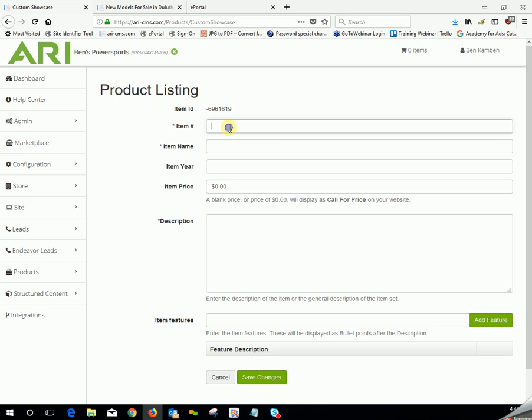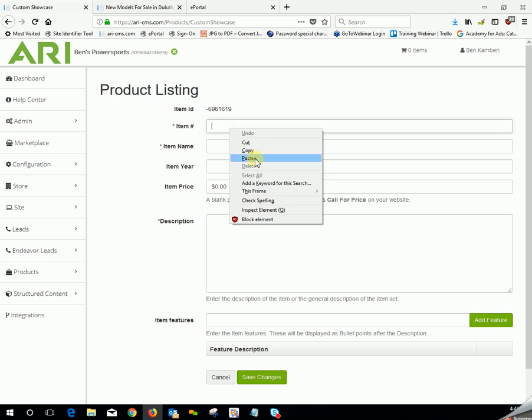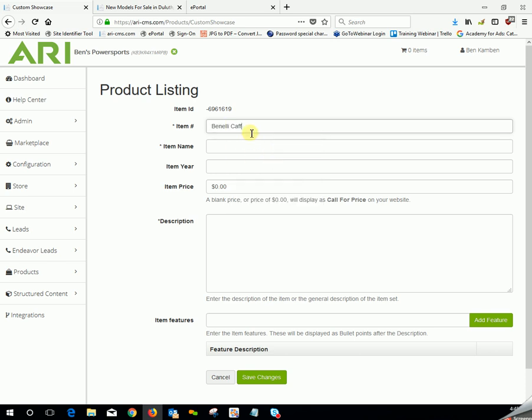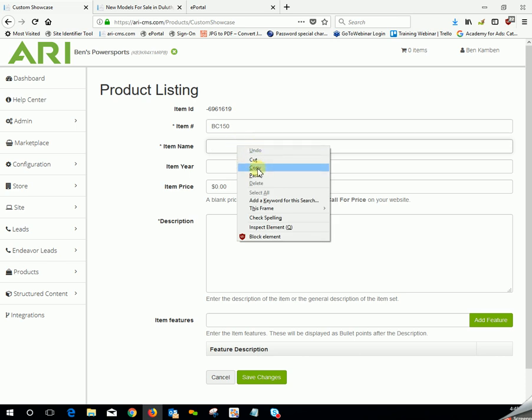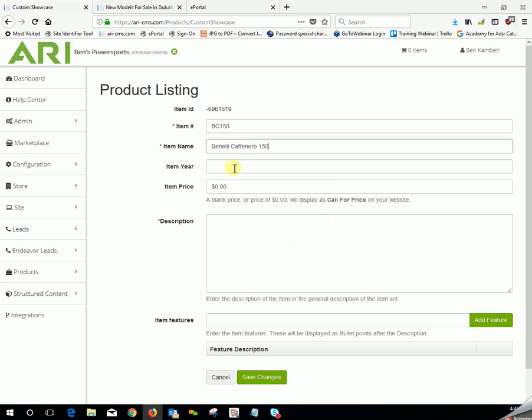Since I don't have a manufacturer's number for today, I'm going to type in Benelli, B for Benelli, C for Caferno, and 150 to make it my own. Item name, this is where I can paste in the full name. Item year, I believe this is a 2015. Item price,